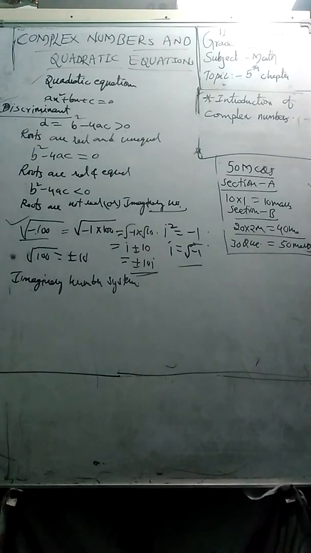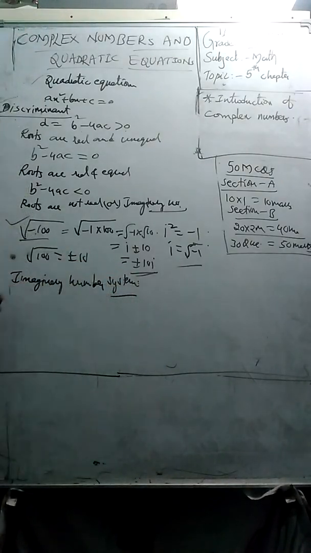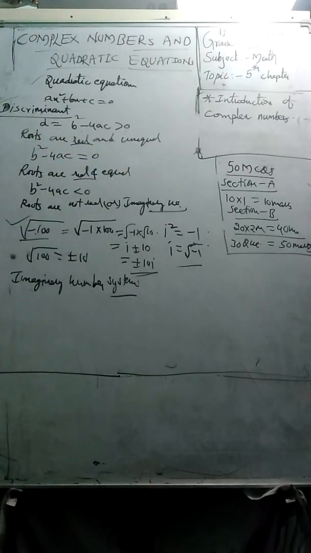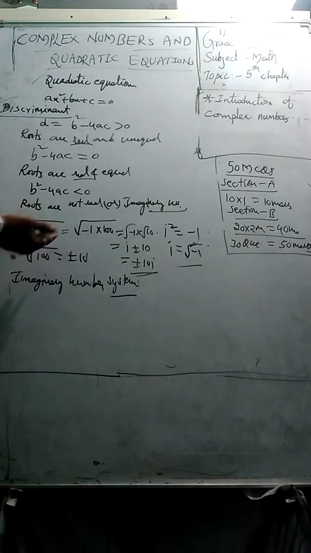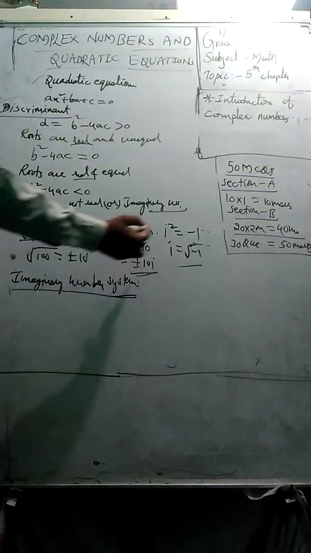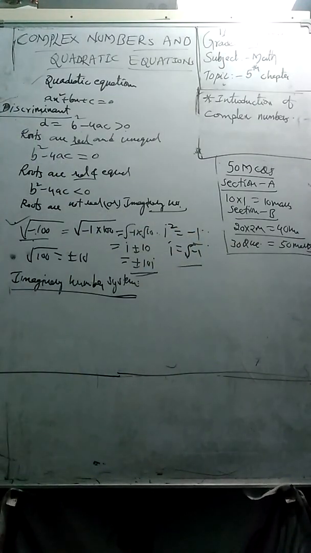This is about the imaginary number system which you are going to learn about. It is a part of the complex number system. Once again I am repeating, students, till 10th you have learned about real numbers only, but the square root of negative integers we didn't know. To overcome this situation, one more new number system is introduced, that is the imaginary number system. In the imaginary number system, i square is defined as minus 1, where i is root over minus 1. This is the introduction of imaginary numbers.